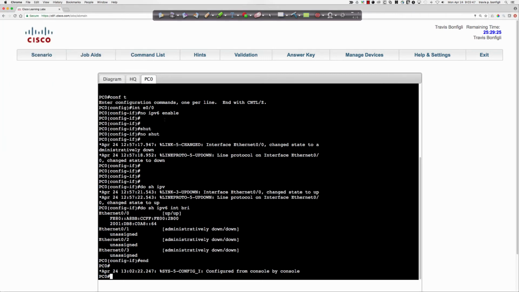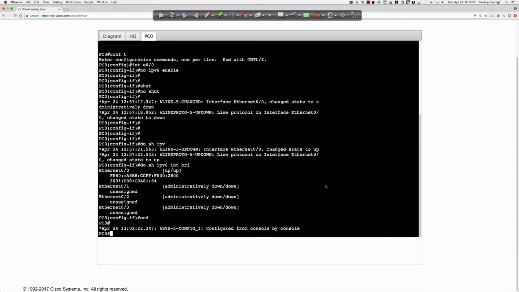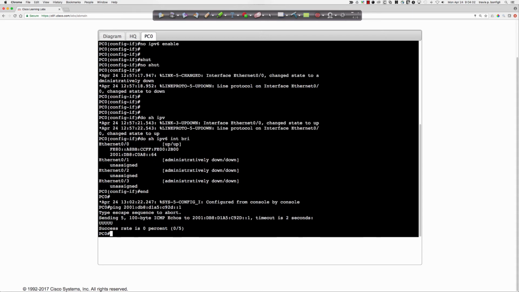So again, the shoot from the hip method. So we'll go bottom up, right? So we've got our IPv6 address. Let's confirm. Can I ping 2001:DB8:D1A5:C92D::1? No, right? We don't have any connectivity. And so, making assumptions and knowing this environment and knowing what just happened in this environment, let's check